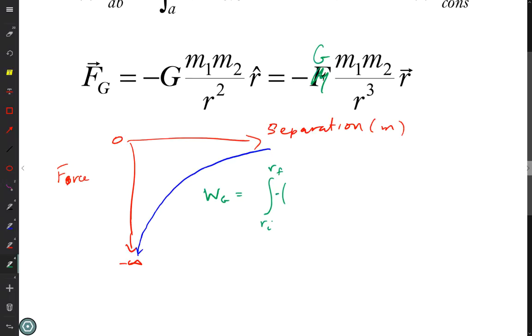So I have minus G M1 M2 over R squared R hat dotted with dr. Now notice r is the distance of the separation. It's only going to matter how far away they are from each other. It's not going to matter if I go around in the circle, because going around the circle is not going to change the r value at all. And the force is always going to be in the r direction. So this, because r vector and dr, is always going to come out to be minus G M1 M2 integral